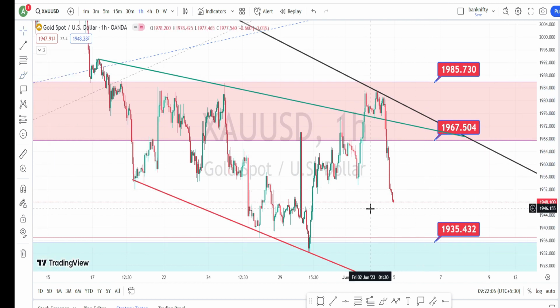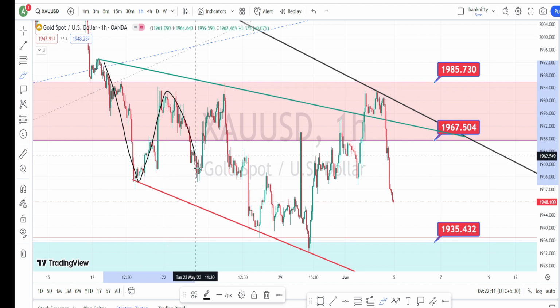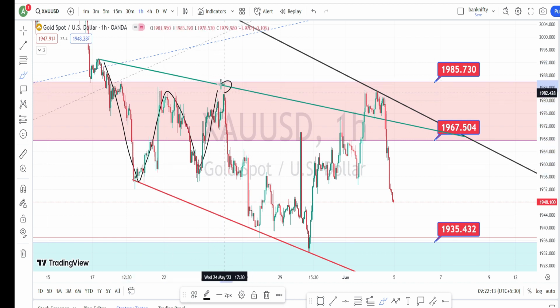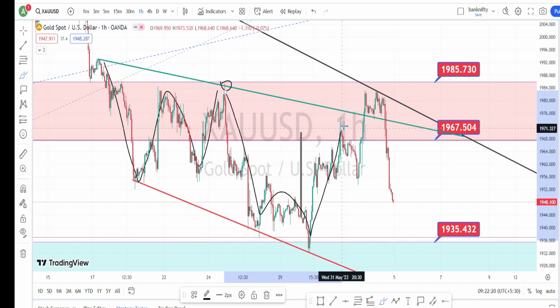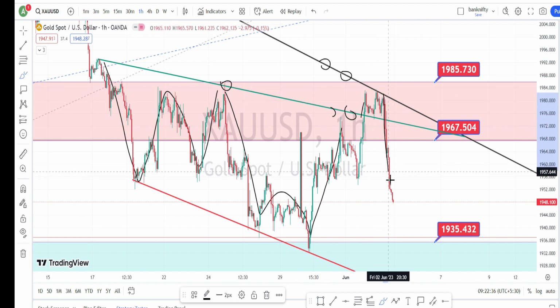I'm in hourly time frame, and when we look at the price action in hourly time frame, previously it was trading on a bearish trend respecting this trend line or a resistance line from the hourly time frame, and recently we had noticed the price action to break this resistance line on the bullish side, and also it tried to break the resistance line from the daily time frame. Since it has failed to break this resistance line, now we have noticed the price action to bounce back on